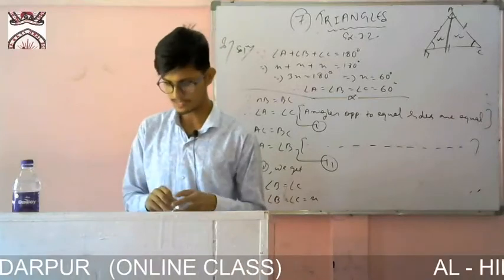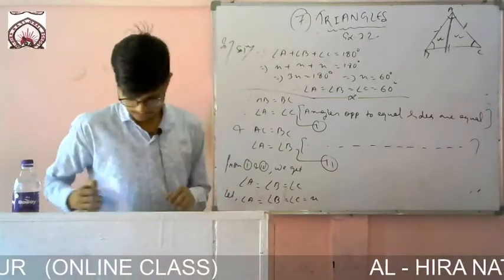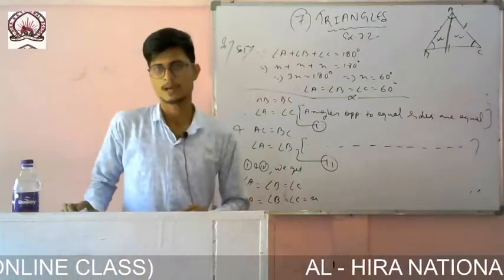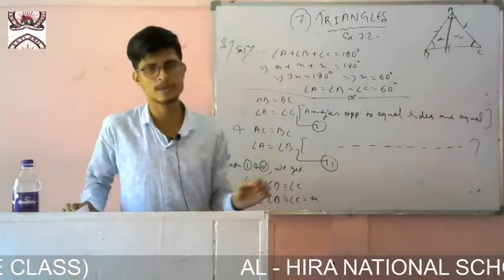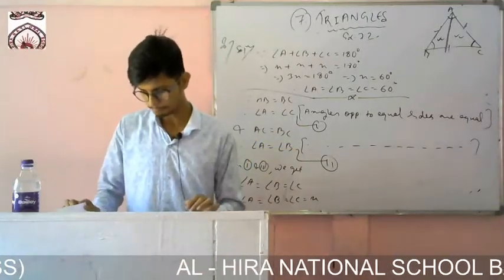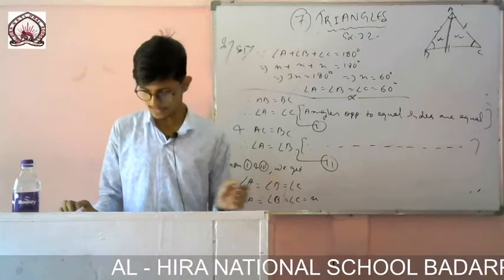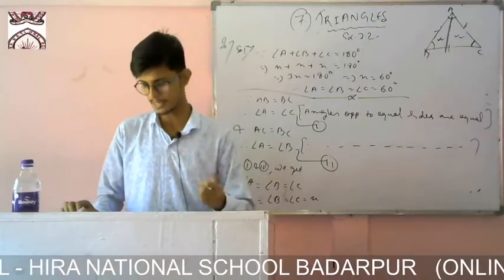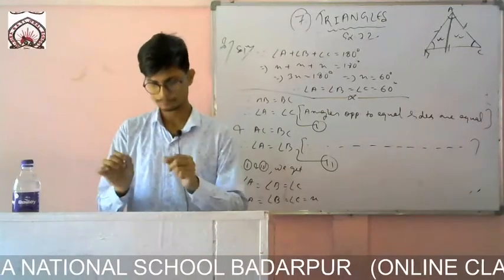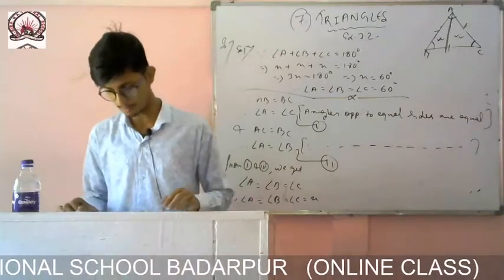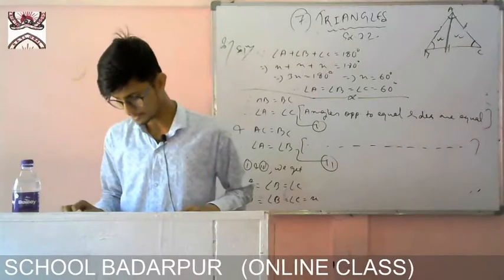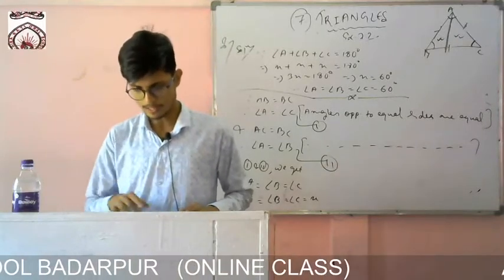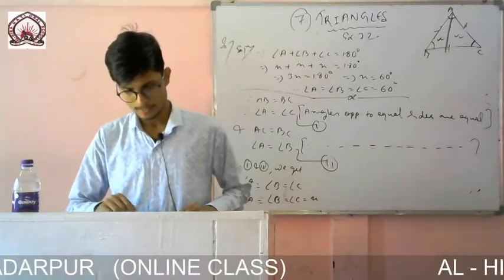So similarly we can say that both the triangles are congruent, and the congruency rule will be angle, side, angle, for which we can say that AB equals AC, because if two triangles are congruent, their corresponding parts are also equal. Now let us move to question number 5, example number 5.